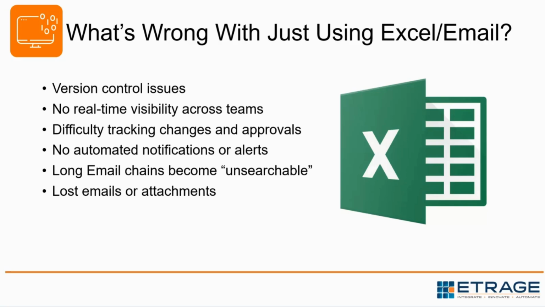Particularly with email, you could have something as simple as, what if one person hits reply instead of reply all, and then other people are missing some critical information that they should be seeing? What if sometimes the email attachment gets stripped out of the email, whether it's hitting reply versus forward, or even any firewall, antivirus, or spam blocking software that strips out attachments from the recipient end, for example? So again, yes, Excel is free, email is free, or almost free, or it's included in the